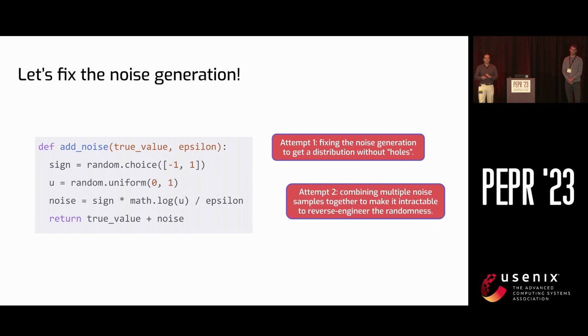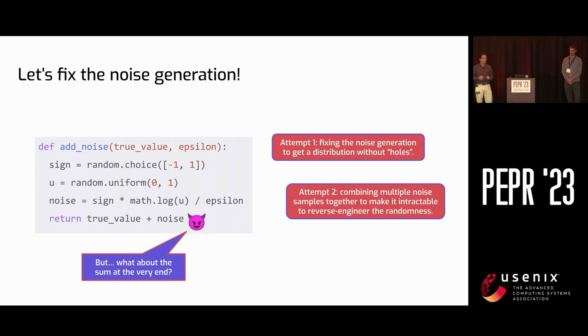Another approach is to say, OK, maybe avoiding these holes is complicated when you do floating point math. So instead, we're going to combine multiple noise samples to maximize the randomness and make it harder to reverse engineer where the holes are. But interestingly, among these two approaches from two different platforms, none of them came with a proof that they were secure. So that seems like a good opportunity to put our evil mask back on and think about our original